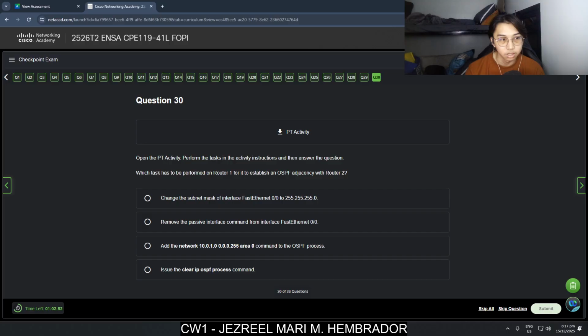PT activity. Open the PT activity, perform the task inside the instructions, which tasks will be performed on the router.